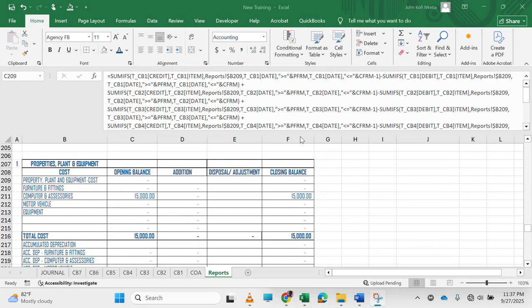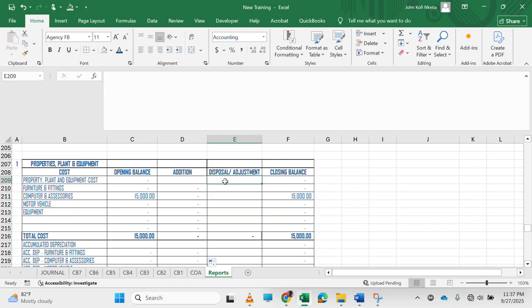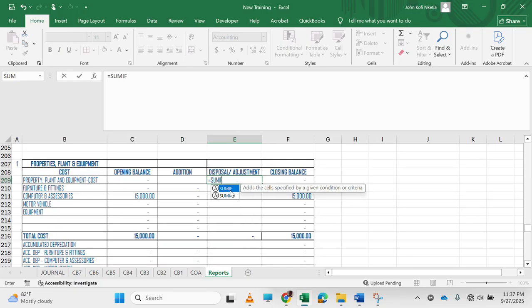Hi, welcome to today's episode where we continue with entering our formulas. In our previous section, we added some formulas and then I mentioned that for the opening balances, we were supposed to add all transactions that relate to disposals and adjustment. So to add it, first of all, we need to enter the formula for the disposal and adjustment on this side. And here it is going to be some ifs,